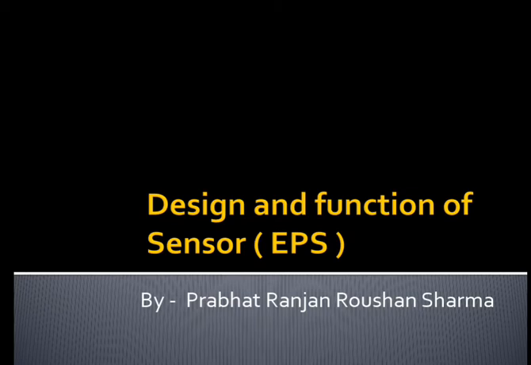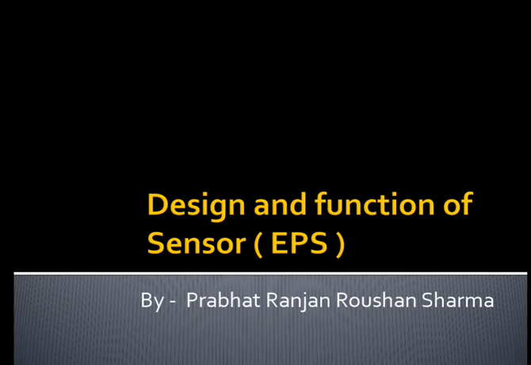Before I start my slides, let me explain one thing. In previous vehicles, the lateral acceleration sender and yaw rate sender were used separately, but in coming vehicles, and we can say in future vehicles, these sensors are used in a combined form in a single housing, which is mounted on a printed circuit board.